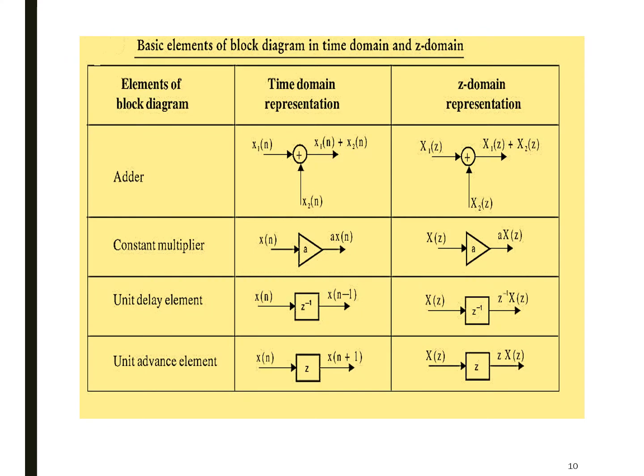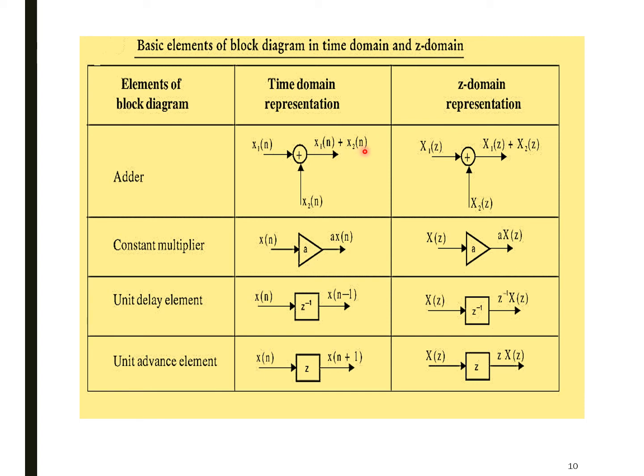Okay. So, what are the elements that we require while drawing a structure in whatever form? The basic elements of a block diagram are an adder, a constant multiplier, a unit delay element and a unit advance element. Here we have both time domain representation and Z domain representation. So, how can we represent an adder using a time domain representation? Adder is used to add two signals. Let's say the two discrete signals are x1 of n and x2 of n. So, use a plus symbol